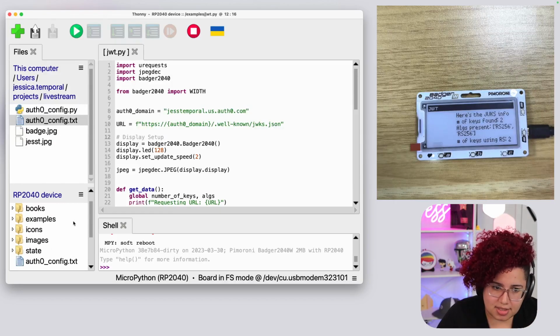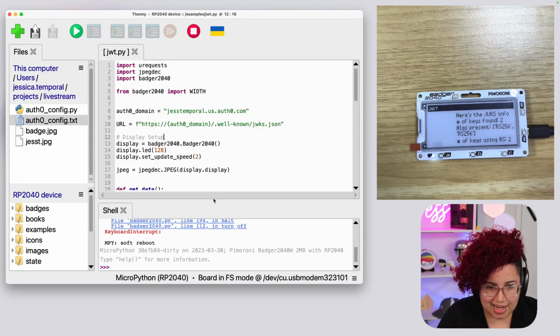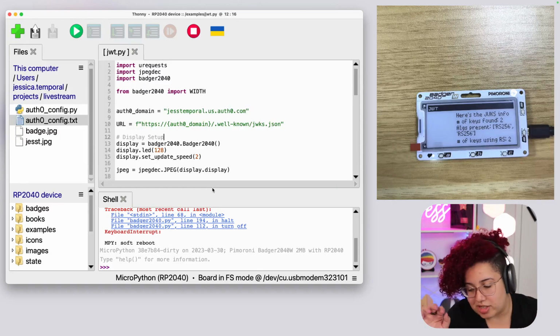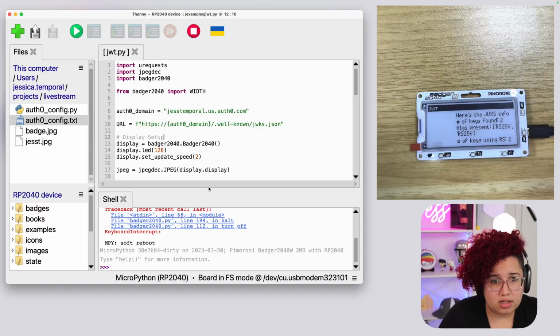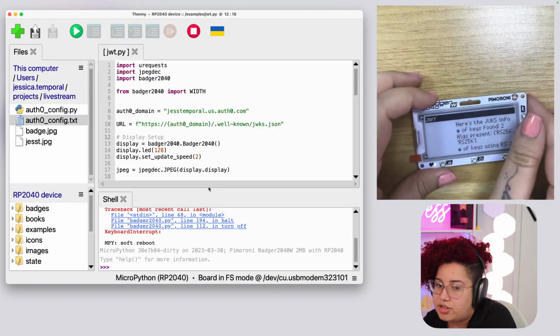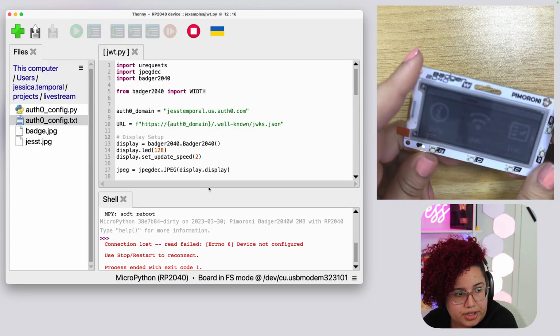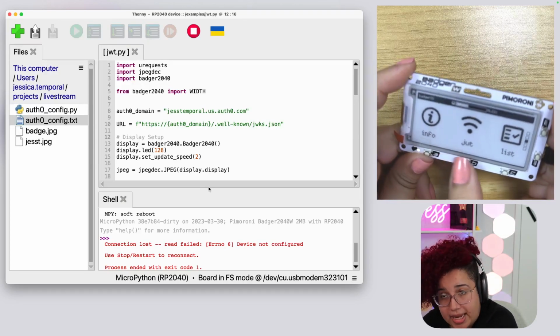But because it has been a week, things might have changed. I want to first run this and make sure that it works. And second, because I had problems with this before: a week passes, I don't run the script, and then the script doesn't work, and I don't know why. But anyways, hopefully this will still be working. So if I reset my badge here on the top, it is going to disconnect and then show me the main menu for the badge.